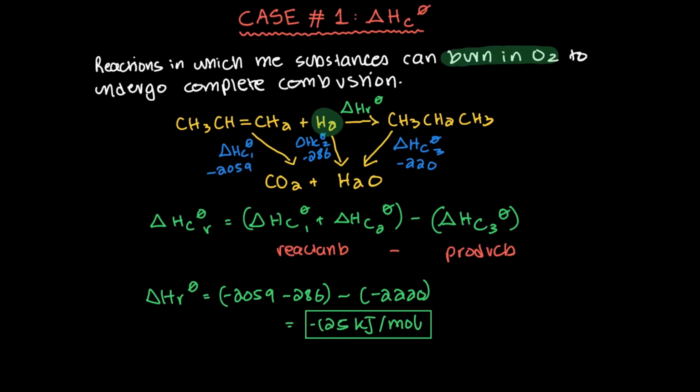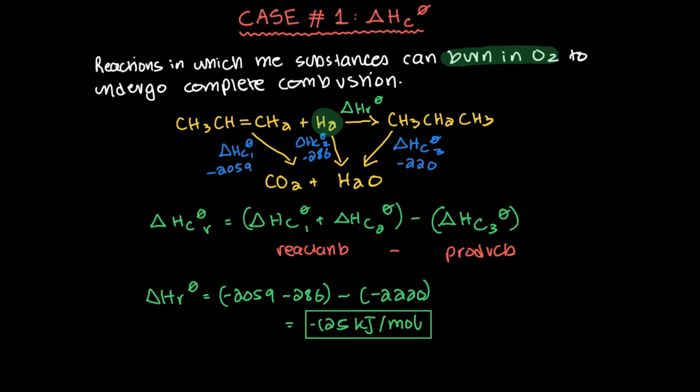And normally, the type of compounds that undergo these reactions are going to be organic compounds. For example, this over here is an alkene, and this is an alkane. All of these can burn in oxygen, right? This can burn in oxygen because it's an alkene. Hydrocarbons burn in oxygen, and it's going to form carbon dioxide and water. Hydrogen can burn in oxygen to form water. And this is an alkane, propane. This can burn in oxygen to form carbon dioxide and water. So as you can see, every single reactant and product involved in this reaction can undergo some sort of combustion, right?